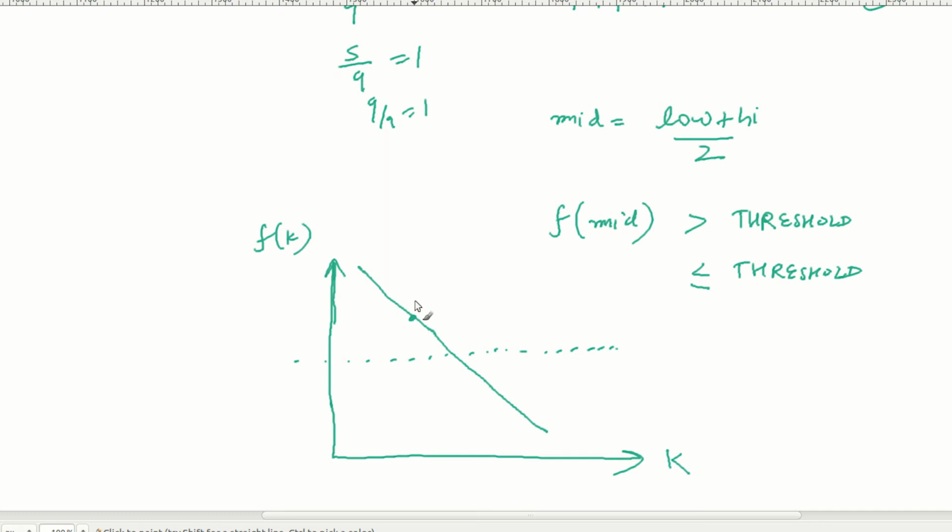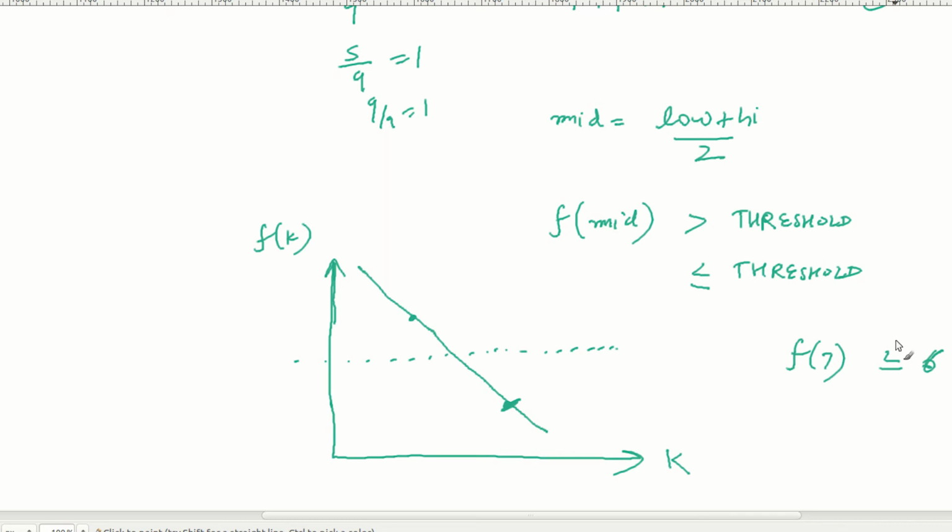Similarly, if my f of mid is less than or equal to threshold, let's say it is here. In this case, mid is a possible answer, but it is not the best answer, right? I need to find the smallest number which gives me this value. So if f of 7 is less than or equal to 6, which is my threshold, then 7 could be the answer, but it is not the final answer.